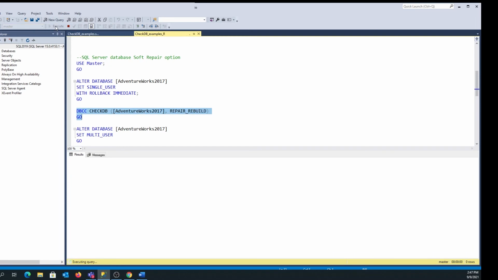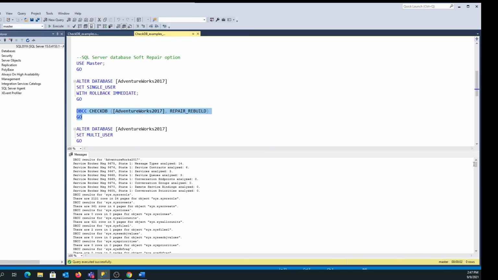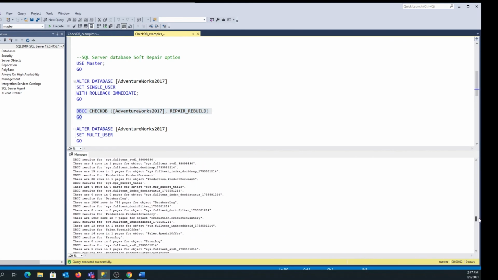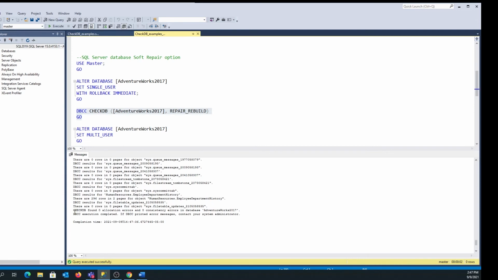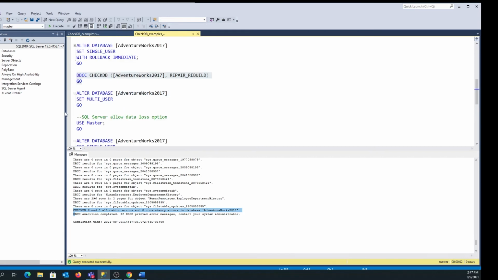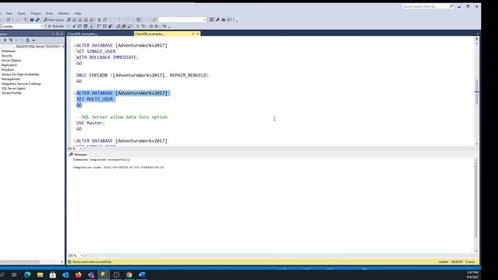This is the soft repair operation. And what you're going to see is much of what we'd see in a regular DBCC CheckDB. And of course, once again, we want to check for reported errors. In this case, once again, there are none. I have a good database here. And the last part of this operation is putting it back in multi-user mode.